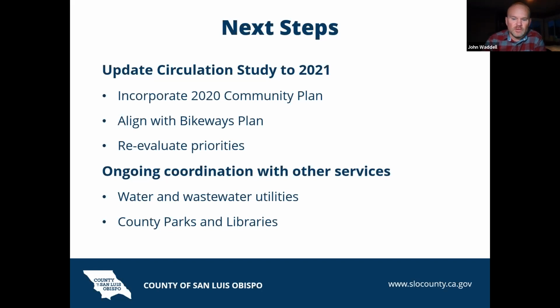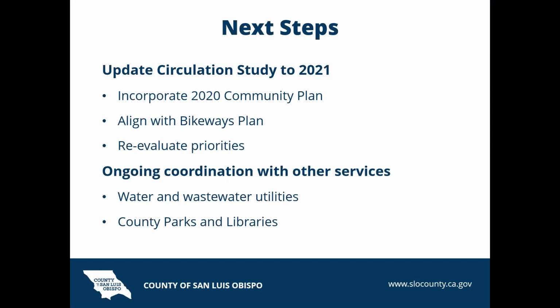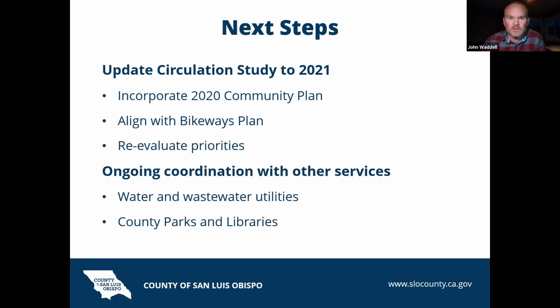And so as utility projects are planned or funded, they'll be included in future years. Same with facilities like parks and libraries, as those departments bring projects forward, they'll be included in future 5-year CIPs. So that really wraps up my overview of the 5-year CIP process. As I said, it's on our department website if you want to review it in detail, and myself or Josh are happy to answer and take any questions.